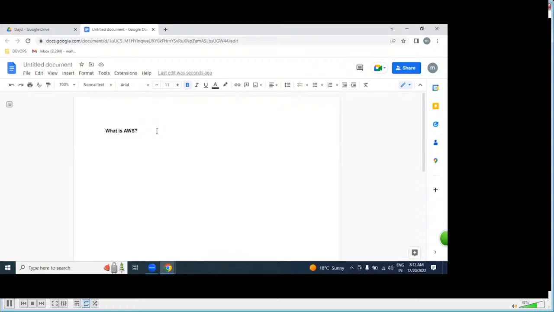Okay, but yesterday we discussed what is DevOps, and we have new students, that is the reason. So we are going to first briefly recap what we discussed in the last session: what is DevOps. Then we will discuss what is AWS, and by the end we can conclude and understand what is the difference between AWS versus DevOps. This is exactly our agenda for today.